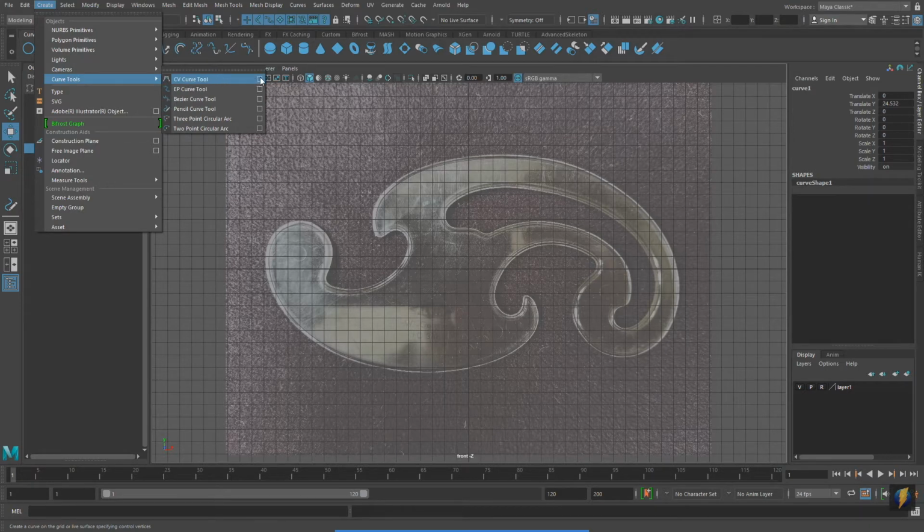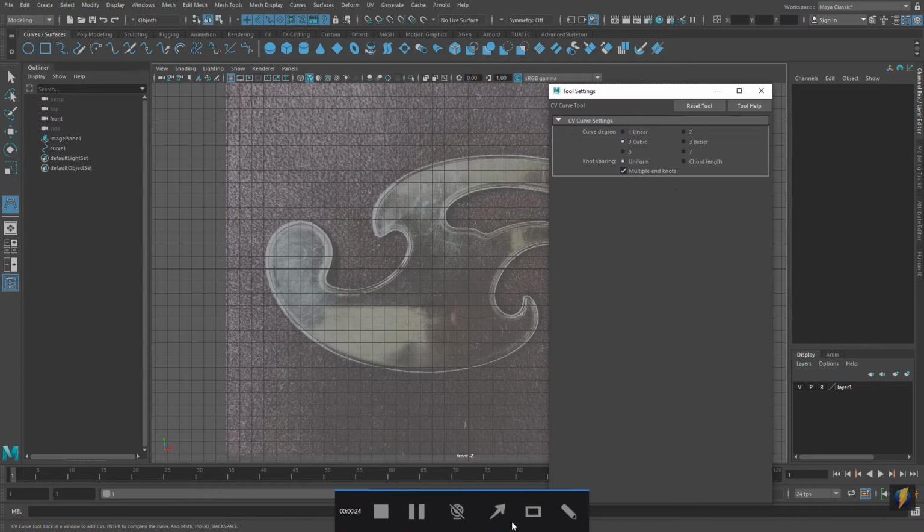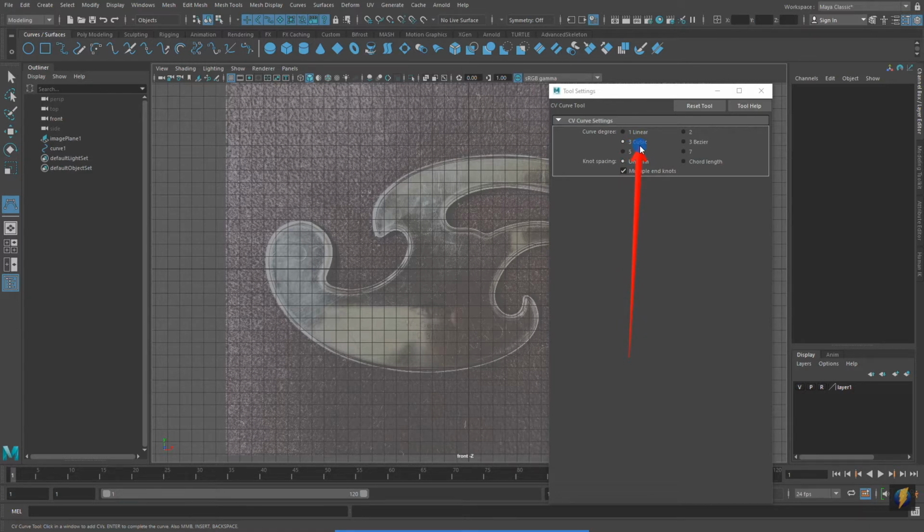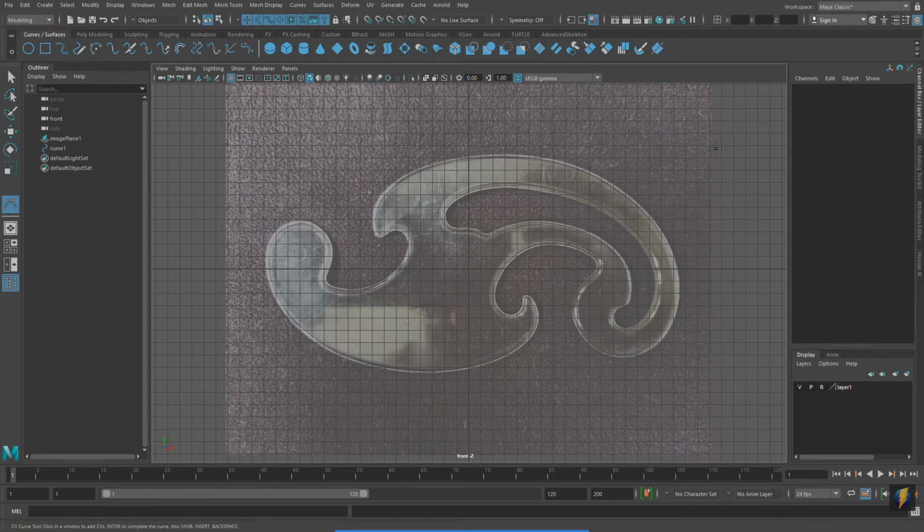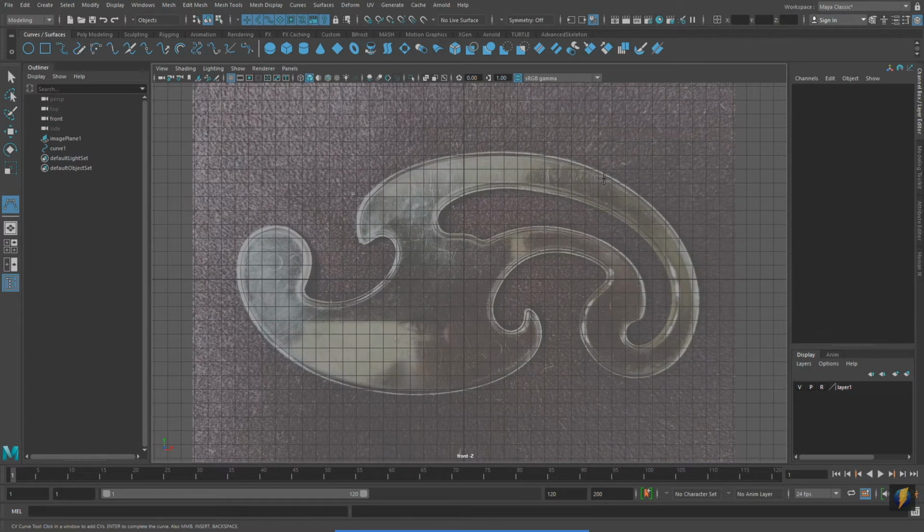I'm going to open up its tool settings just to make sure that they're set as I want them to be. This is the setting I want, 3 cubic. That is what will give us nice smooth curves. And now I'll start drawing out my shape here, trying to use as few points as possible. In this case, less is more. It makes it easier to actually describe the form well, rather than that previous example where we had too many control vertices. I'm going to start drawing here,